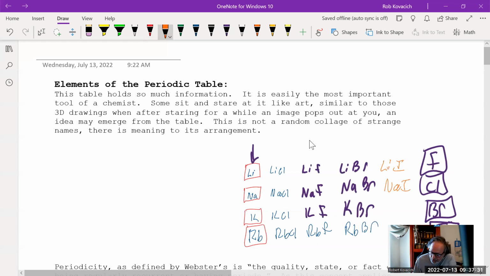NaI, also a thing. KI, also a thing. RbI. So now he's figured out reactions that belong together, and he can group these elements in what he's calling families or groups. This one here is interesting because that's the thing that goes along with NaCl. Those two things, you'll find them in table salt, regular table salt, in iodine,